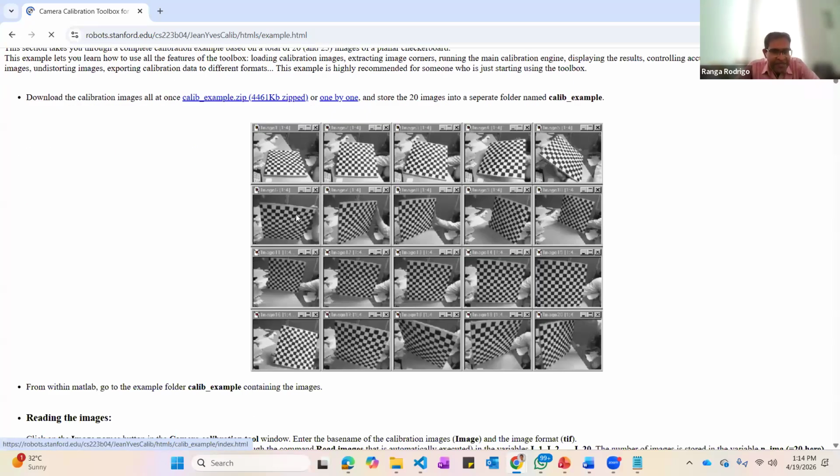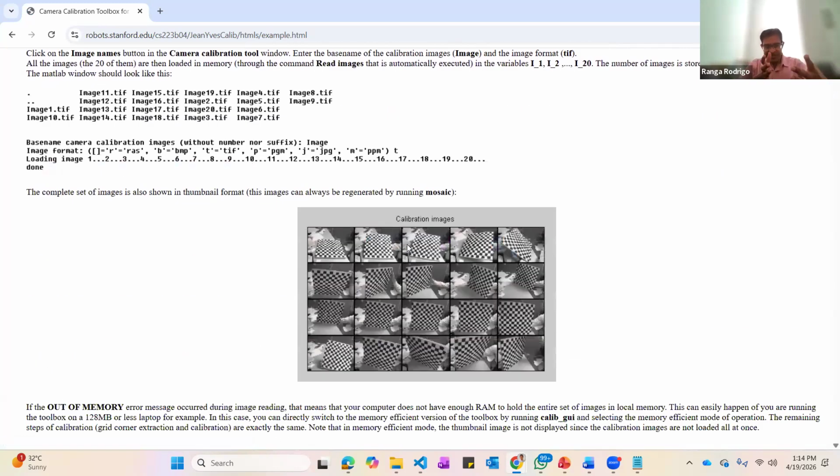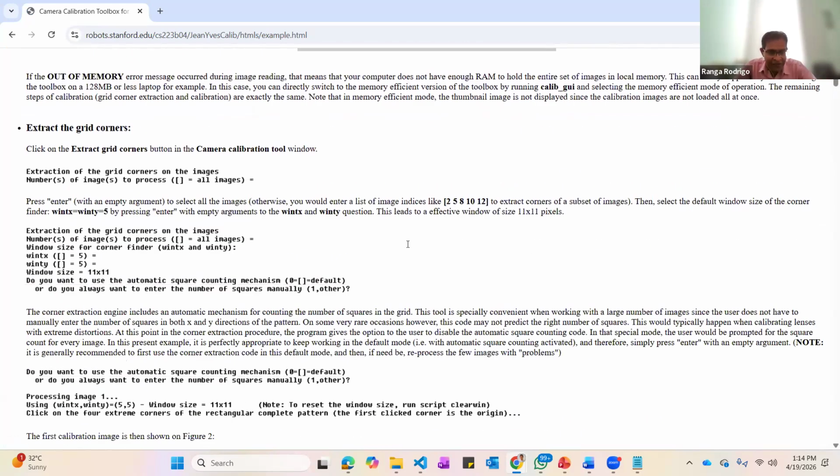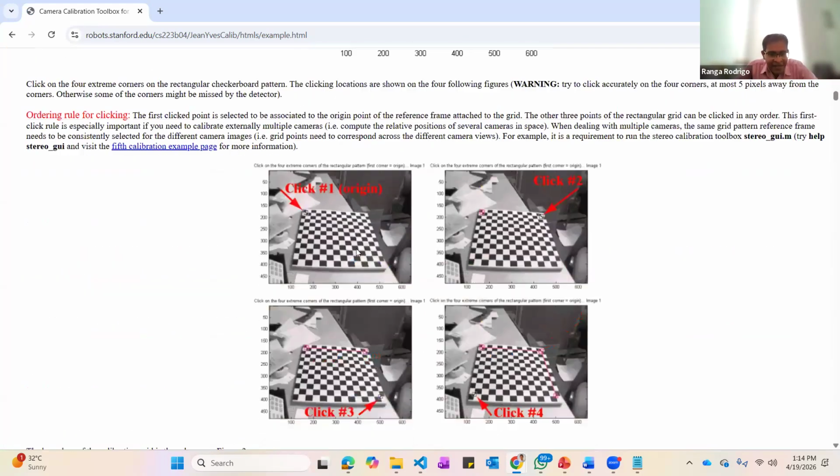So what they do is, you can see they have taken 25 images or something of this checkerboard pattern. So you have to print this checkerboard pattern and paste it on a glass. Why do you have to paste it on a glass? Because it has to be perfectly flat. So after that, you make these different orientations and take about 25 pictures,